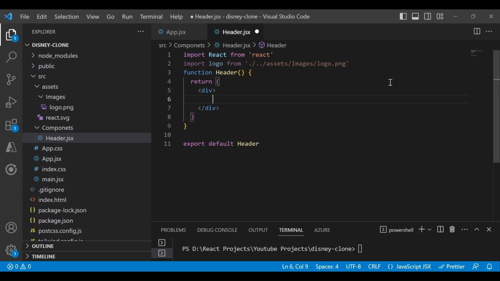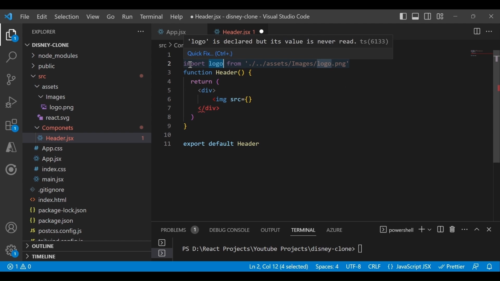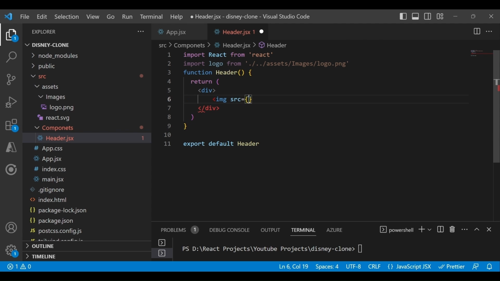So now our logo is imported. Now here I will remove this header name and just add the image source. So this is the dynamic logo. Dynamic in the sense it's coming from somewhere else, and we have already imported this logo. So in order to use this, you have to use curly braces when you are importing from some constant or some variable, and then put this logo like this, name of the logo.